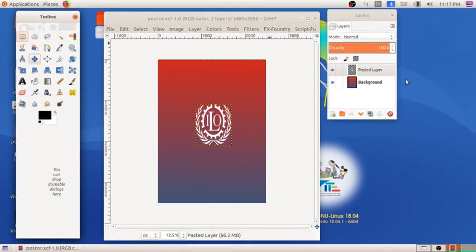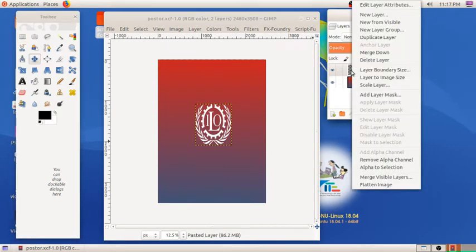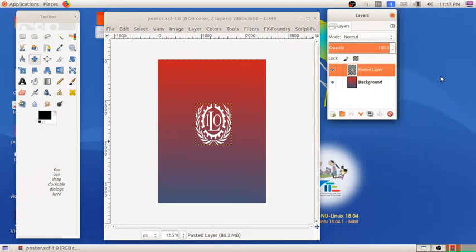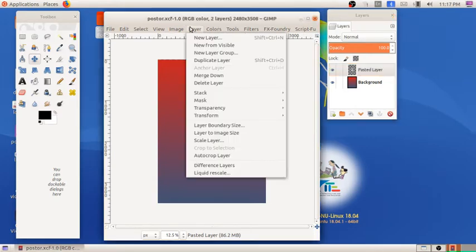Next, I have to import one more image. But before that, I would like to share the properties of our layers window. This is for creating a new layer. This one creates a duplicate of the layer, anchors the floating layer, and deletes the layer. So these are the features of the layers. Either you can take it from here, or when you double click on the created layer, you can see the features from here also. Another option is in the canvas window. When you go to Layer, you can see the features.